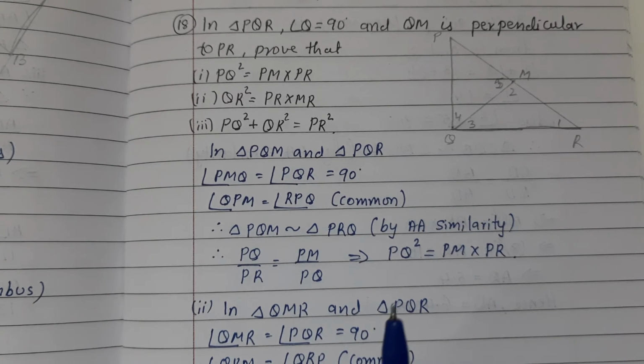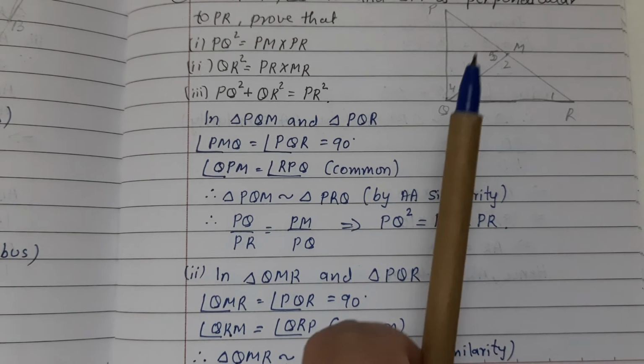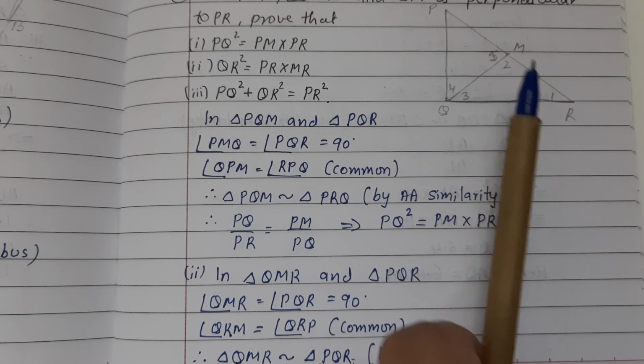Hence sides are proportional. PQ upon PR is equal to PM upon PQ. Cross multiply, PQ square is equal to PM into PR. Second part, in triangle QMR,